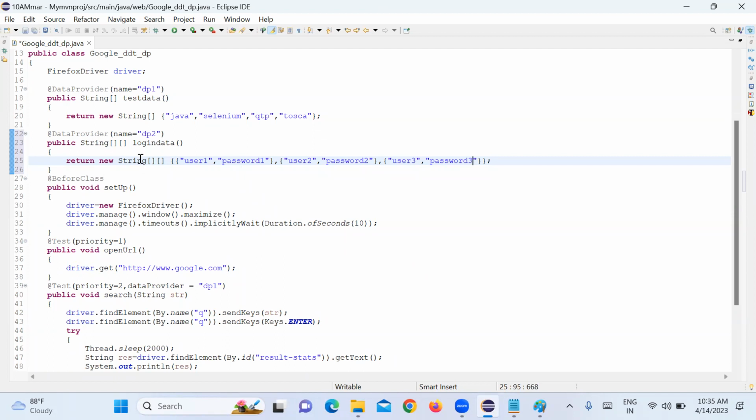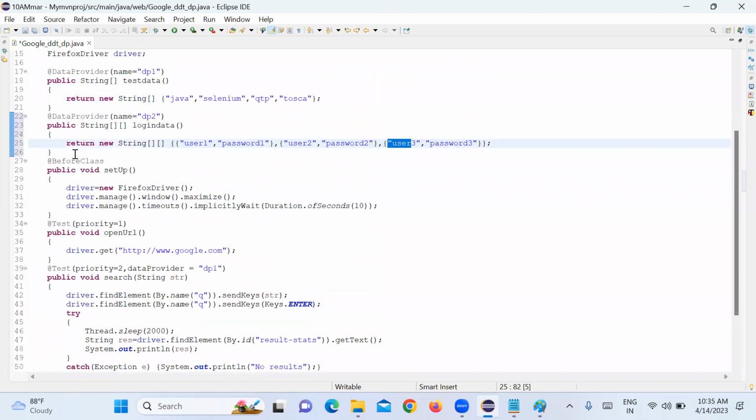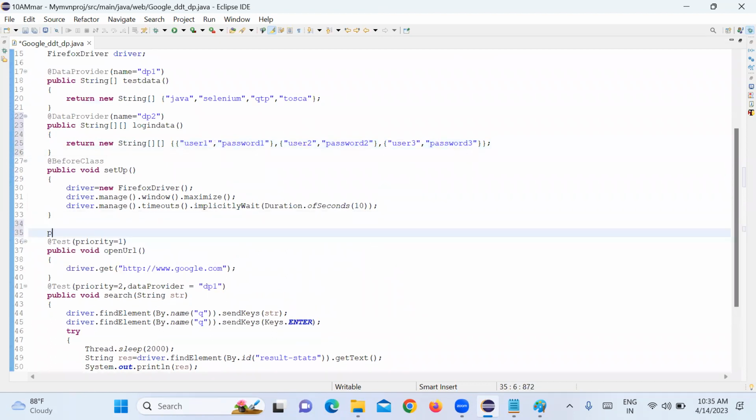Okay, so now this is giving me a 2-dimensional array value. So now it will give me one user ID, one password each time. Next time one user ID, one password. Next time again one user ID, one password. Now how should the method be, how should you have written the method? So the method here will be public void login, this will take string username comma